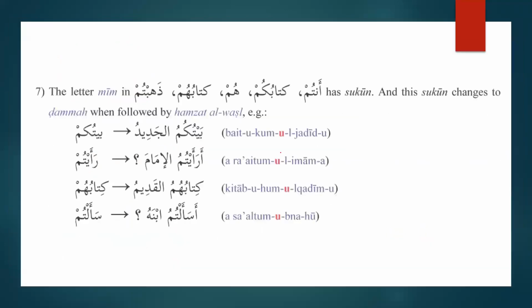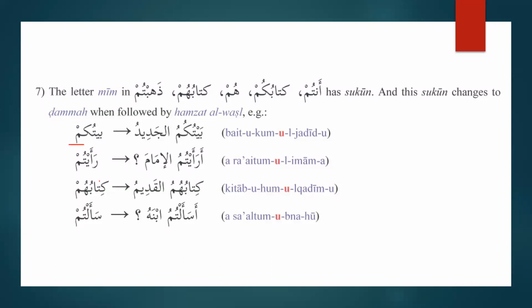Okay, so we proceed further, and the same rule as I have explained earlier, that whenever we have a noun or a verb, please remember whether it is a noun or a verb. For example, baytukum, kum is an attached pronoun, mudaf mudaf ilayh. But ra'aytum,